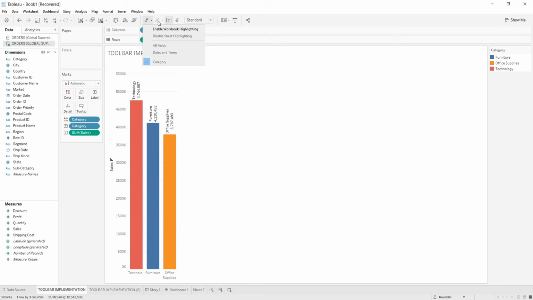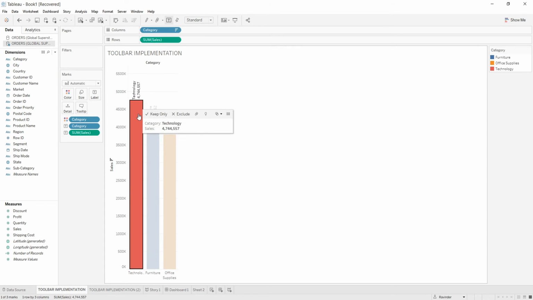After highlighter, the next button is a group button. We can create groups in many ways, and similarly we can create a group using the toolbar button also. For creating the group here, you can see by default it is faded, but if we select any mark on the visualization, then it is highlighted. So if I select 2 marks and then click over it, these 2 marks will be grouped together in the form of color or in the form of shape or size.